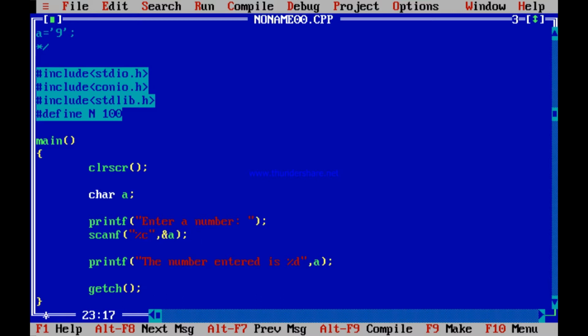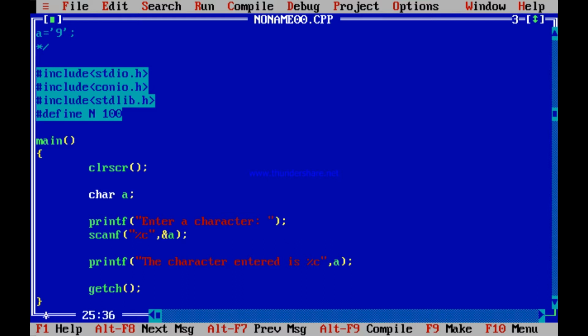So scanf %c ampersand a, and this is not enter a number but enter a character. Then instead of the number, the character entered is %c. It's all the same. For an integer, this was enter a number. Here it's a character, so you write enter a character. For an integer, it was %d decimal. For a character, it is %c character.